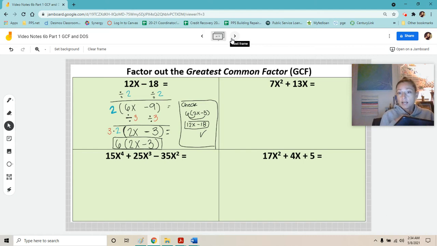For this next one here, I have 7x squared plus 13x. So I look at the 7 and the 13. Well, those are both prime numbers. There's nothing that either of them could be divided by that they would share. 7 can only be divided by 7, and 13 can only be divided by 13. So I don't have any numbers I can pull out. But they both have an x in it. One has an x squared and one has a regular x. So if I divide both of these by x,